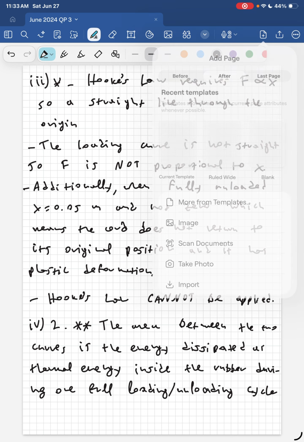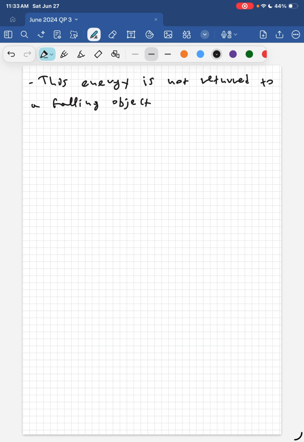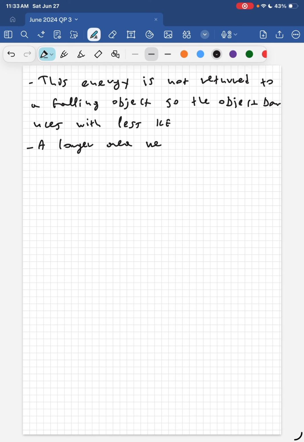Okay, let's create another clean page. So this energy is not returned to a falling object. So the object bounces with less kinetic energy. Okay, a larger area means more energy is absorbed, resulting